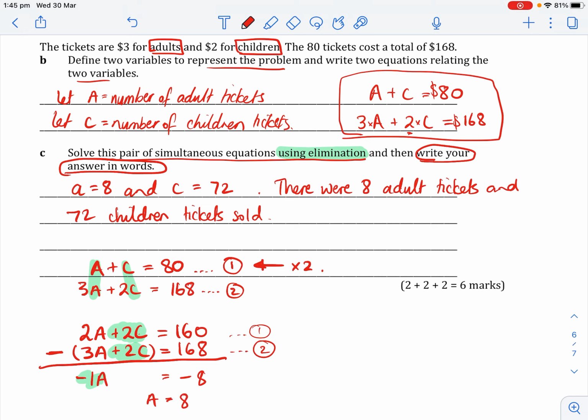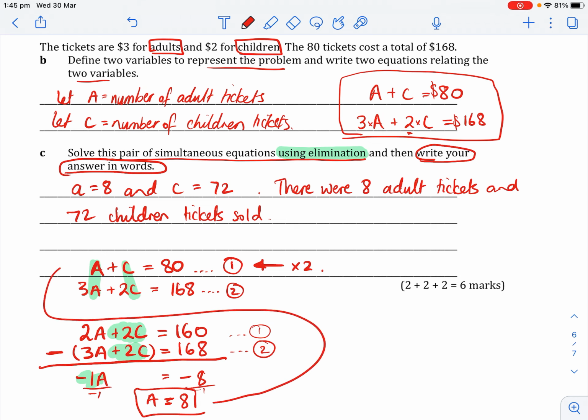So we can say then that A must be 8. How did I do that? Divide both sides by -1. Solving equations, we get A equals 8. Now if we know that A equals 8, let's go back and stick that into this equation right here. If A equals 8,